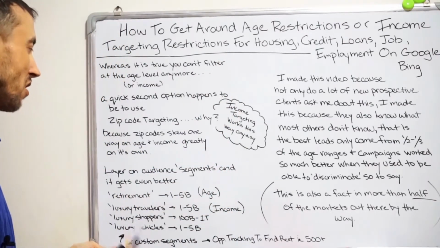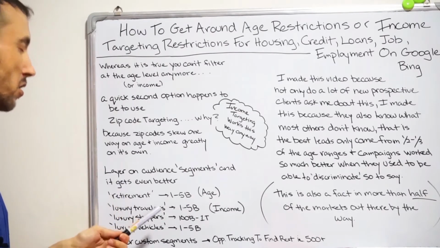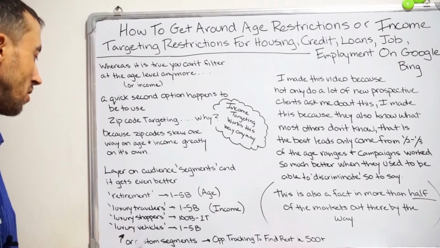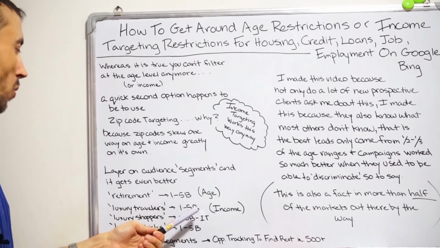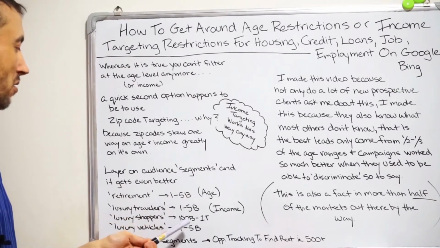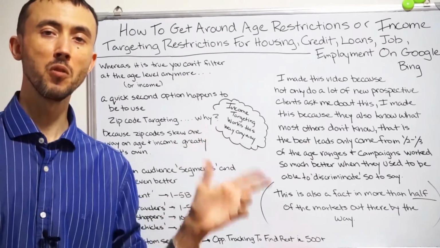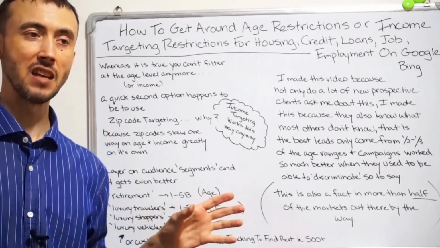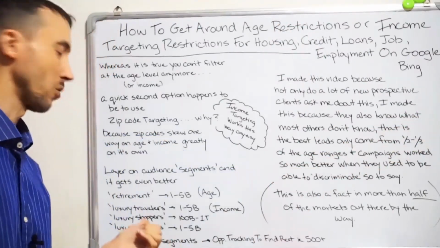And if you're in that situation, I would recommend you add 3 different new audience segments to your campaign: luxury travelers, luxury shoppers, and luxury vehicles. The average weekly impressions for luxury travel is 1.1 to 5 billion, same as the retirement. Luxury shoppers is 100 billion impressions to 1 trillion impressions a week. These numbers, by the way, are from the display network, in terms of how many ad impressions you could show to a person in that actual segment.